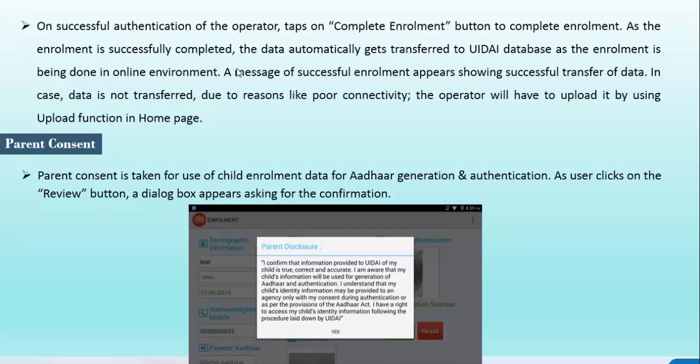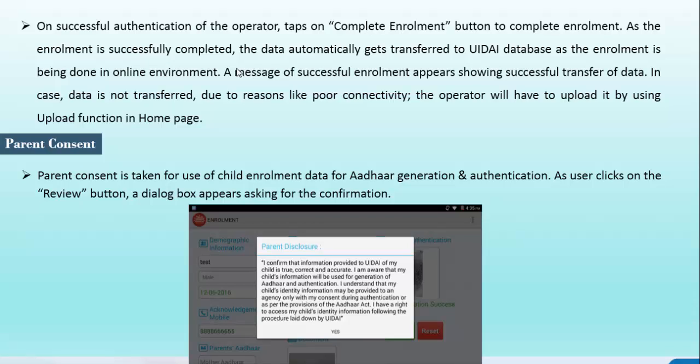I am aware that my child's information will be used for generation of Aadhaar and authentications. I understand that my child's identity information may be provided to an agency only with my consent during authentication or as per the provisions of the Aadhaar Act.